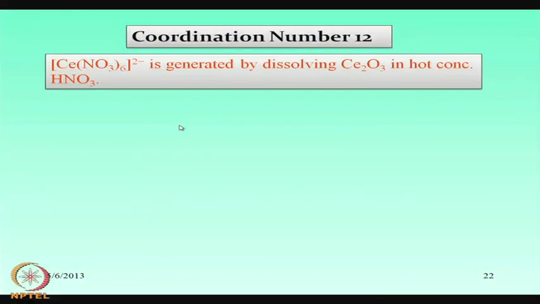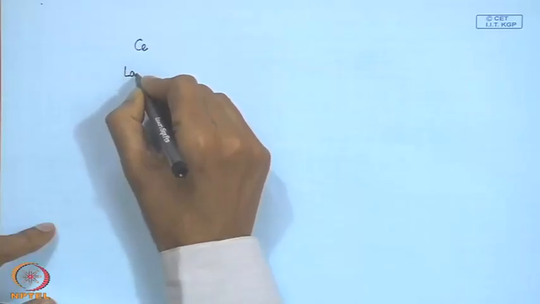And lastly, we will see examples for coordination numbers of up to 12. So, how do we get a coordination number of 12, which is sometimes very difficult to visualize? One well-known example is the corresponding compound of cerium, which is a lanthanide,